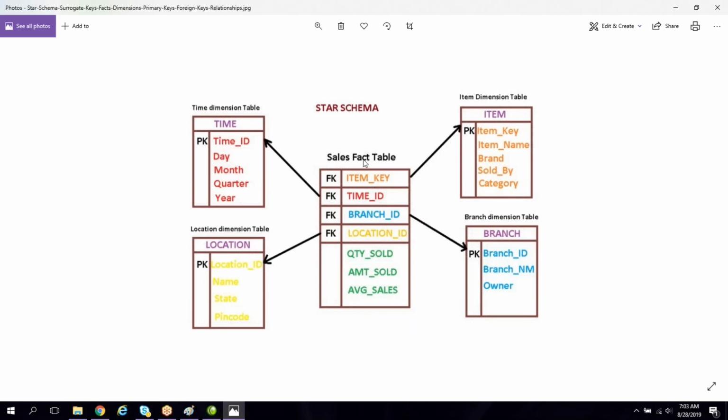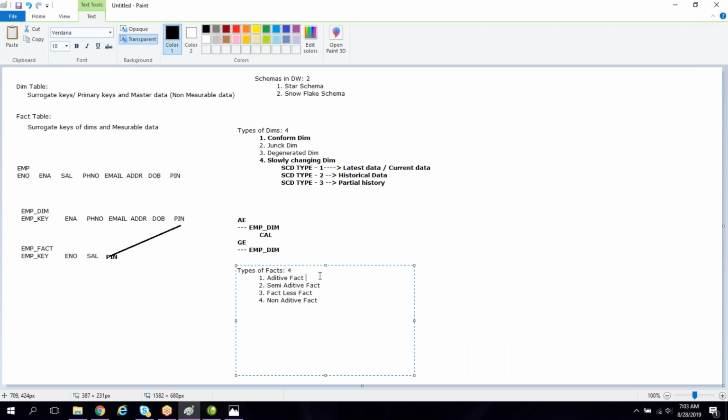If any fact contains all the dimensions' surrogate keys and then measurable data, then that is an additive fact.